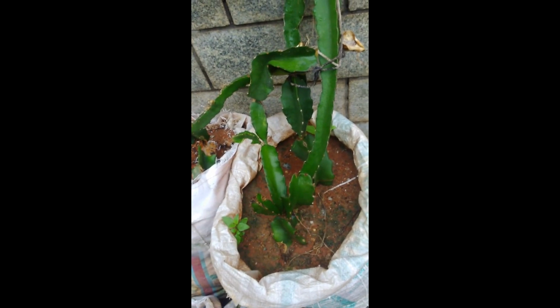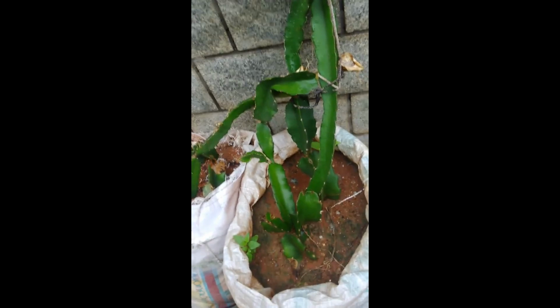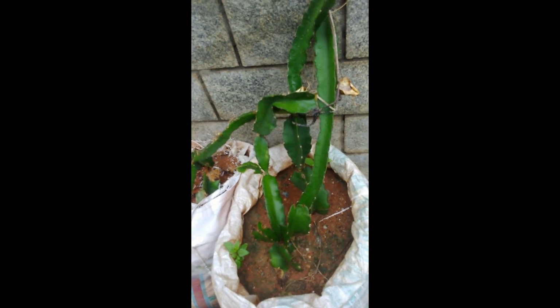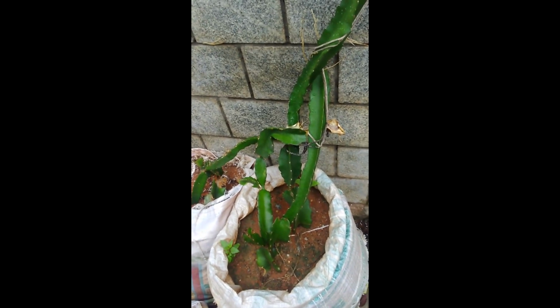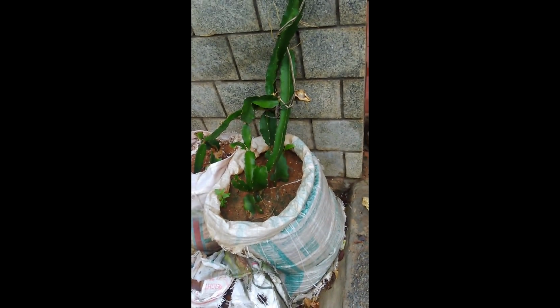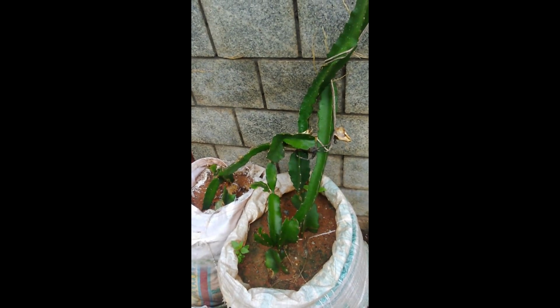the suggested, recommended way to train it is like you train any wine or creeper, like grapes or passion fruit. The only thing you need to ensure is it gets all the sunlight and warmth. So preferably select a place which has all the sunlight coming from morning to night, and doesn't have any shade of building or plant or tree on it, and preferably place it next to a compound wall or some place